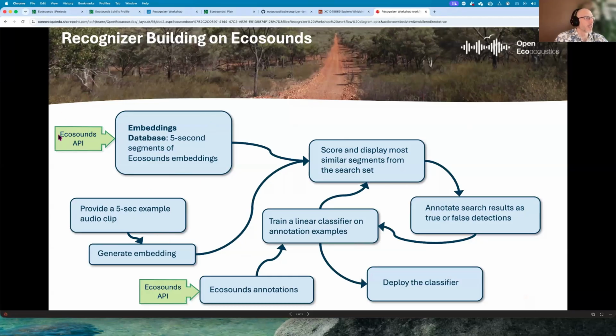We've got the embeddings database that we need to build from those embeddings that were pre-generated on Ecosounds. That's a small subset of what could be a very large project. We create a database of those embeddings, and then we can search for our target species. And because of the way these embeddings work, which is that they are compact representations of small audio clips that have been transformed from the raw audio to a representation that allows them to be easily compared with each other, we can then search for